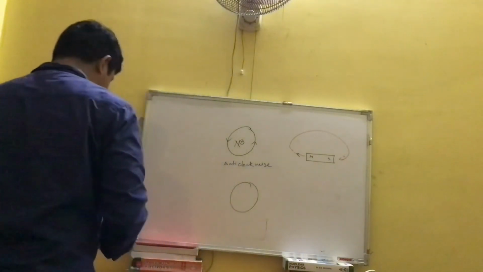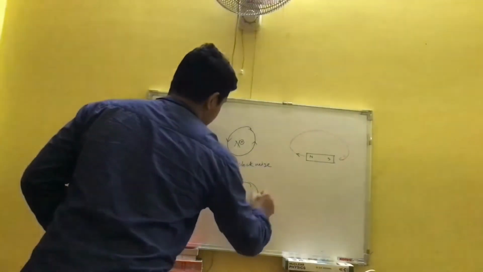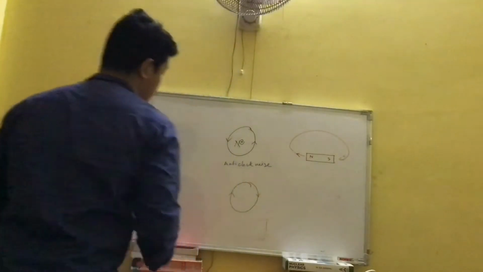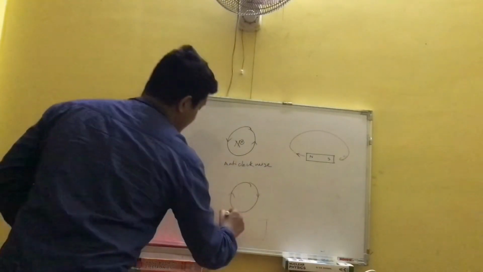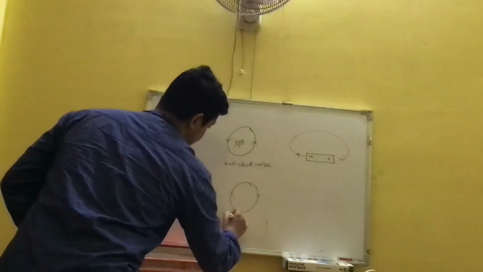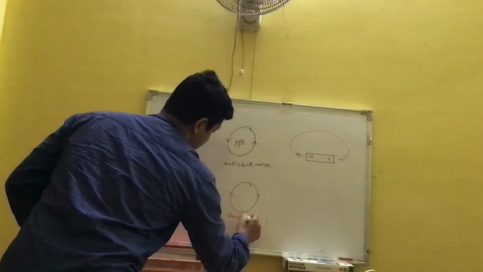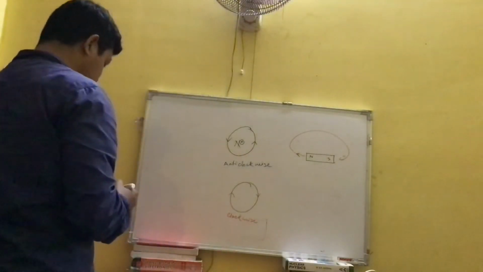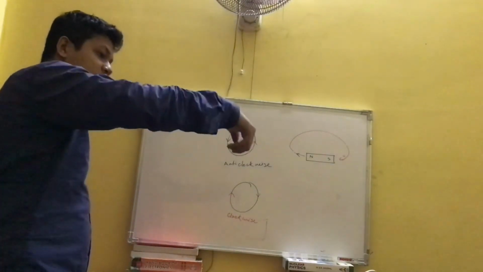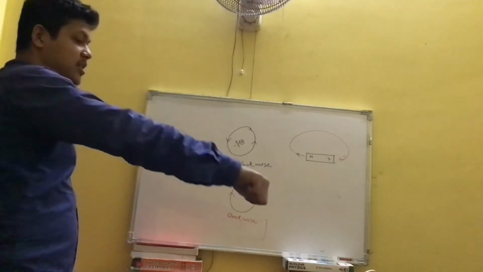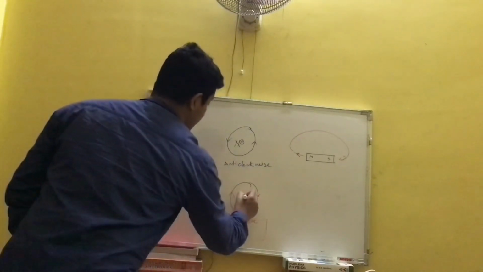If current flows in the opposite direction, in the clockwise direction, then what will happen? Now curl the fingers in this way and stretch the thumb. The thumb is pointing into the board, and to represent the direction into the board,